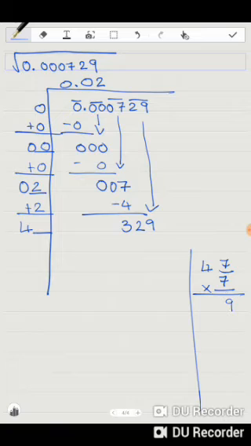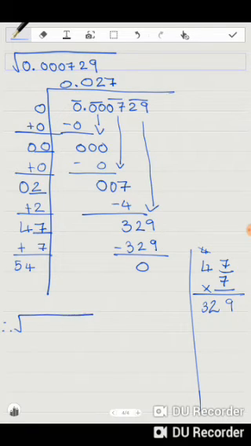7 7s are 49, carry 4. 7 4s are 28 plus 4, 32. That's how you do it. Got it? These are simple tricks that you can use. So 47 into 7 gives you 329. Remainder 0. I just complete this step by adding 7. 54. So therefore, the square root of 0.000729 will be equal to